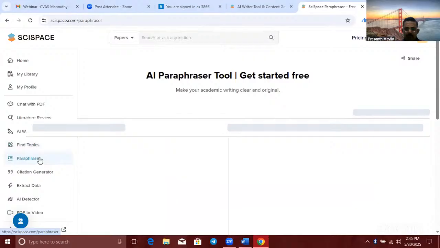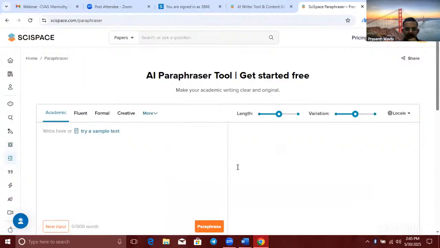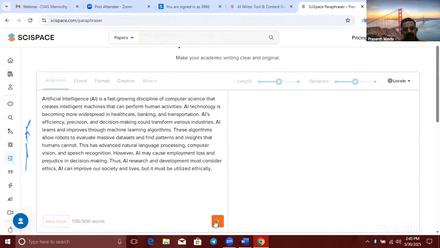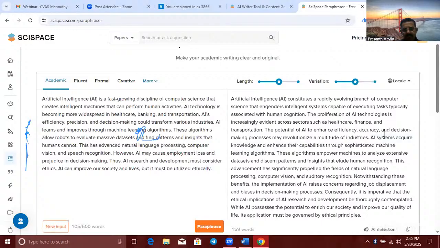And the important tool is the paraphraser. This is very important now because most probably we'll be using it. Other tools are also there. Quillbot is there. So see, one sample we have to paste here, and if you tell it to paraphrase, on the right side you will get the paraphrasing within seconds.